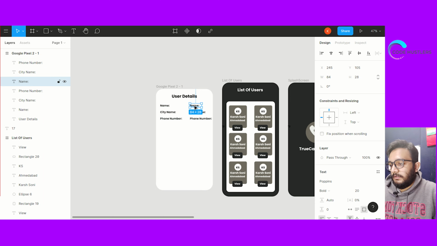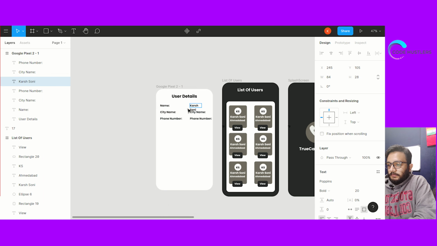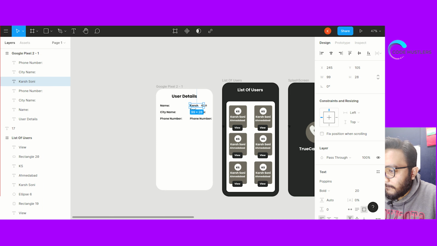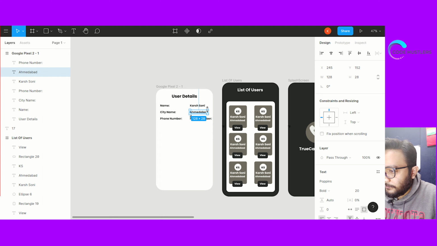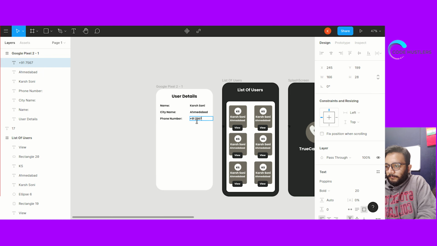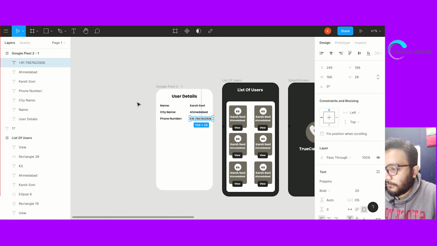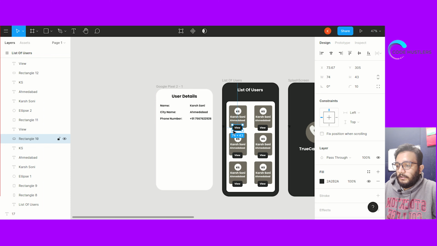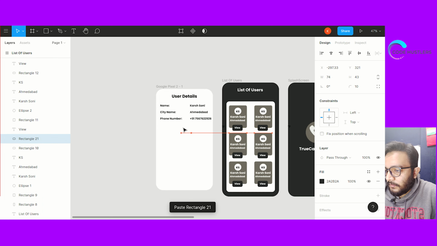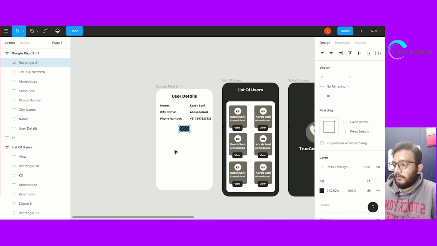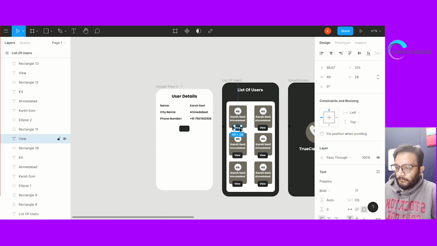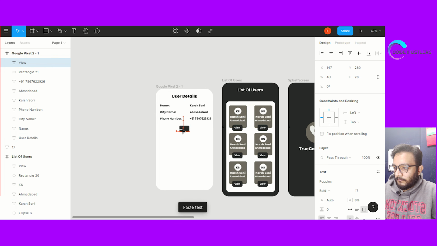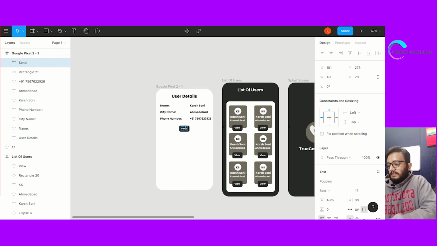So for name, Karsh Soni, and we'll put a button, send.